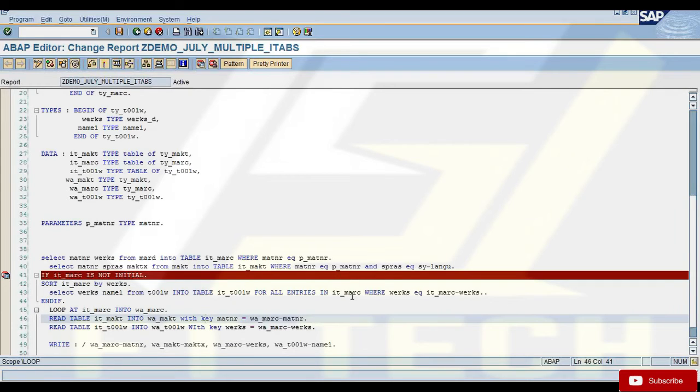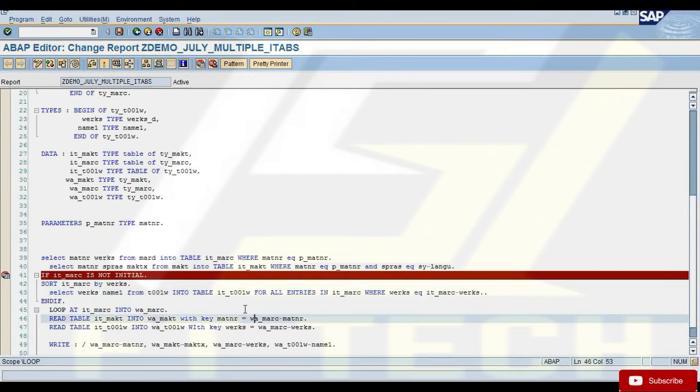So I want to compare that works. So instead of that, I'm making the system directly scan the table for the works field, and for all those works, get me the descriptions. So I'm writing it outside the loop. So we couldn't do read table for that? Read table where? Like we are reading other tables. Okay, those are for internal tables.